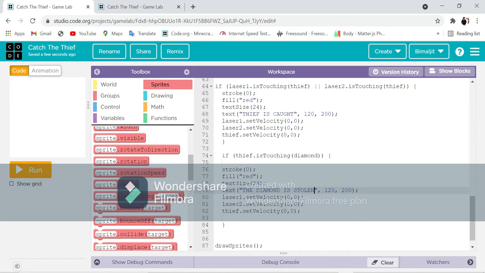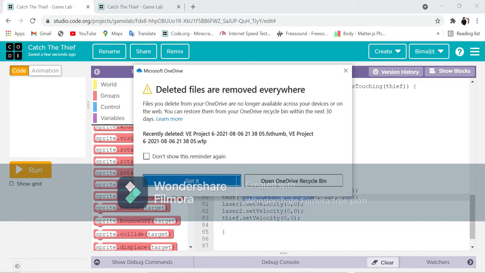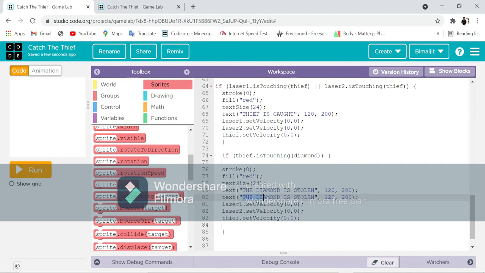And if you want to write other text in another line, you should not press the Enter key. Just keep this in your mind. You can do Control C, and then come over here, paste it again, and now change the text. Let's say now we will write the thief won. Okay, the thief won, and now we will change this to 140.